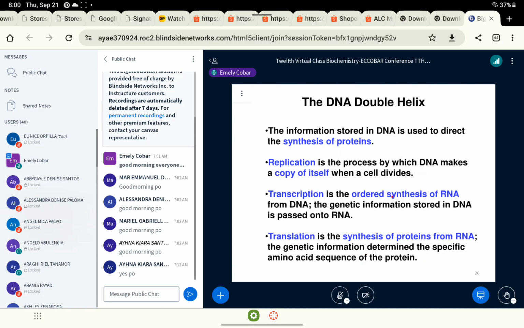Okay? Next. So, yon. The information stored in the DNA, okay, is used to direct the synthesis of proteins. Ano yung information stored na yon? This refers to the bases, nitrogenous bases, because consecutive tatlong nitrogenous bases will define or will give a specific amino acid. Okay, now, nasan na tayo? For us to learn how